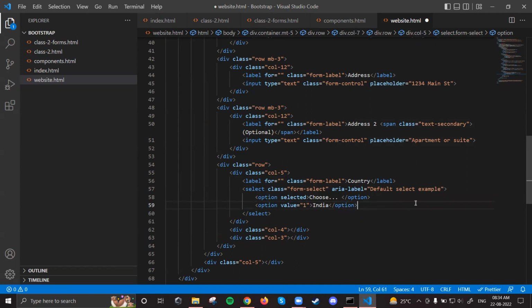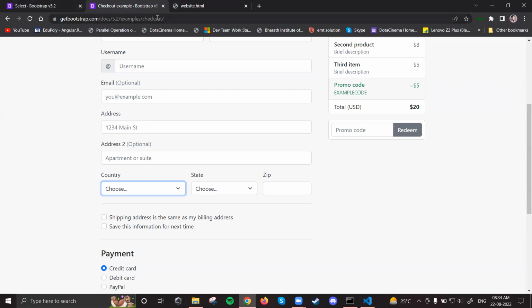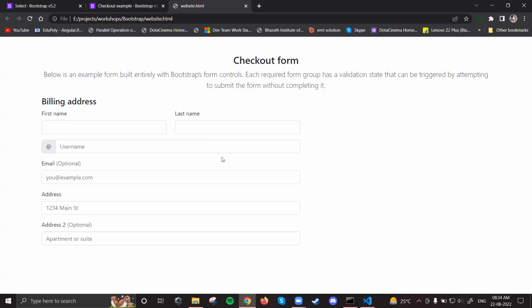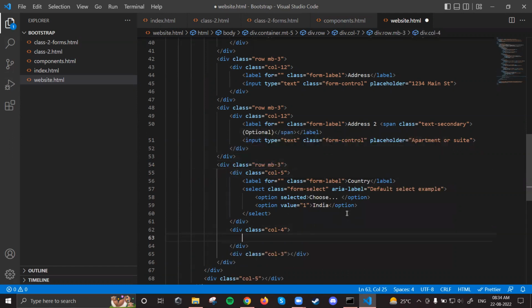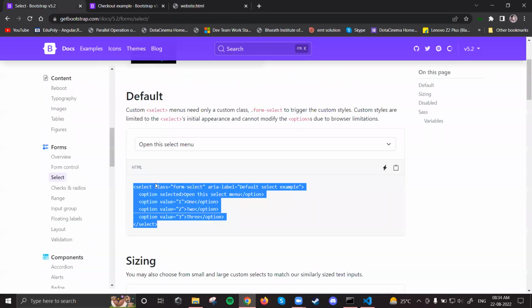Okay, fine. Now let's see whether it is coming as expected or not. Yeah, it is coming as expected. That is fine. So this is the main row, right? So I'll put the MB3 as well. So after this call, in the next call, what we need in the next column,